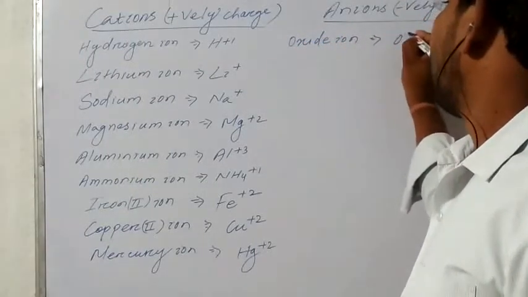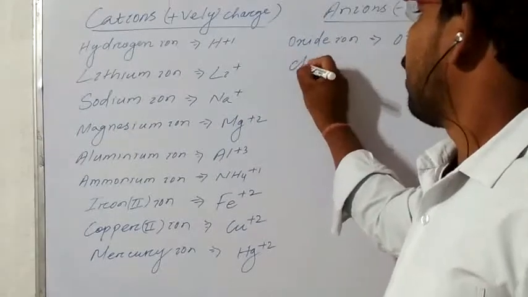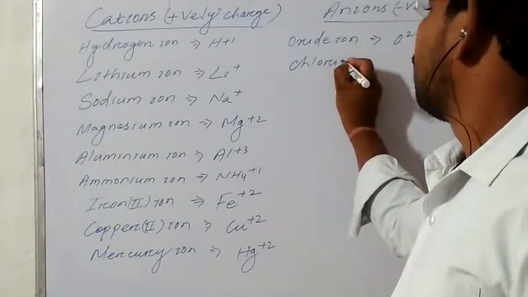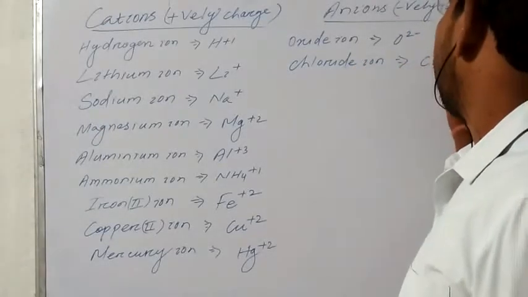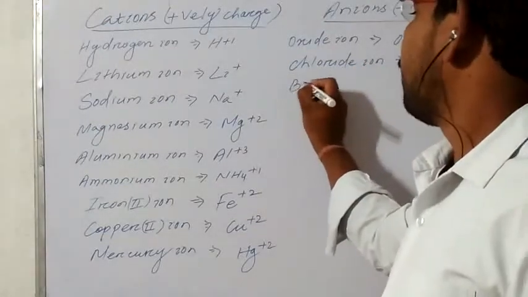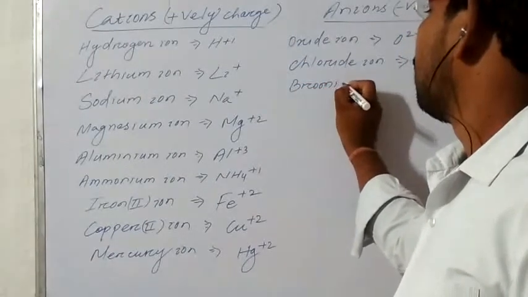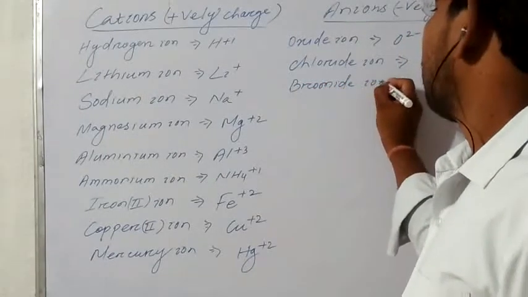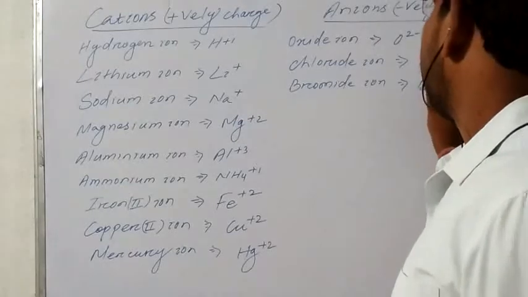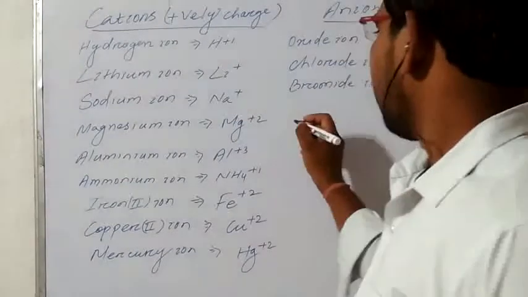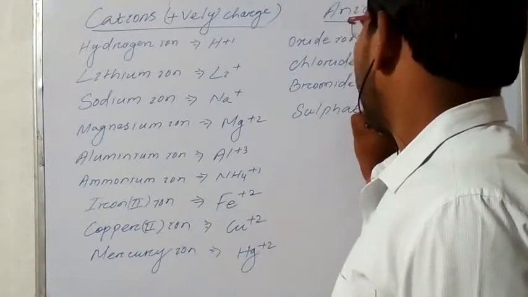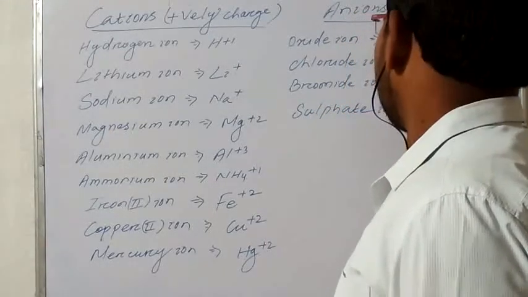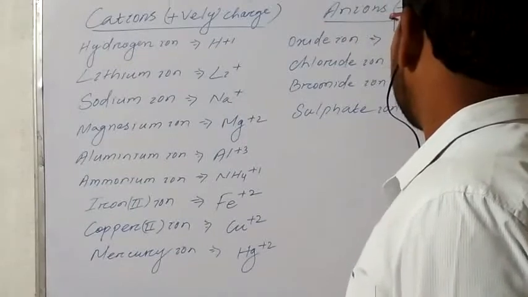Oxide ion is O2 minus, chloride ion, that is the Cl1 minus, bromide ion, that is the Br1 minus, sulfate ion, that is the SO4 2 minus,